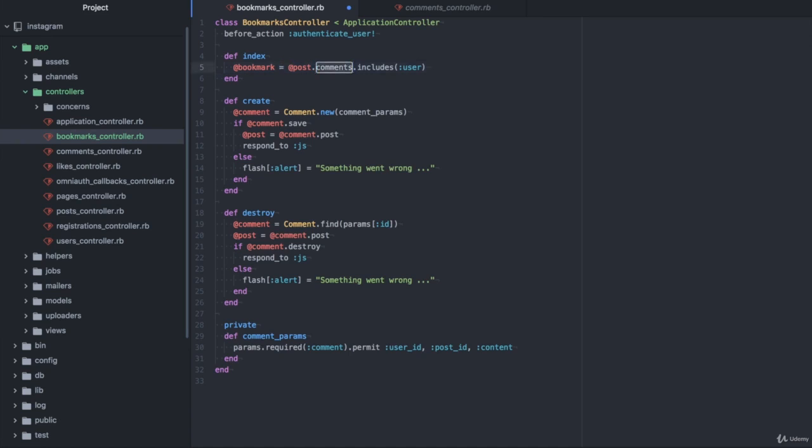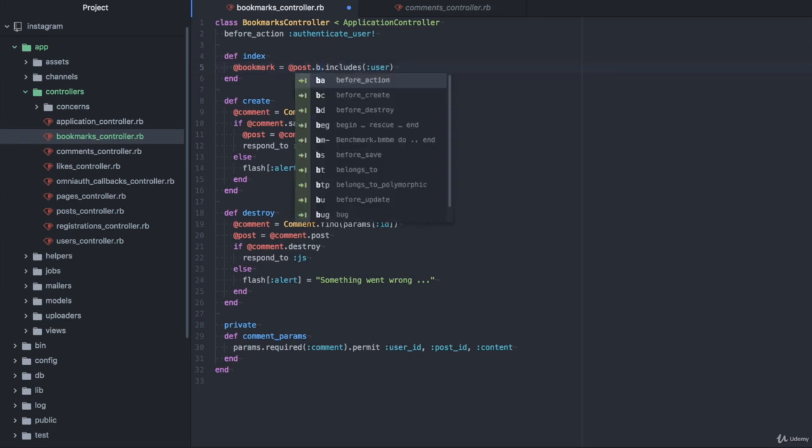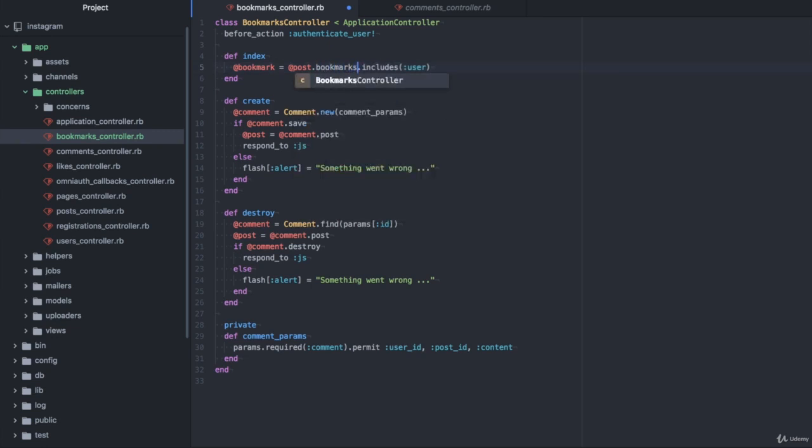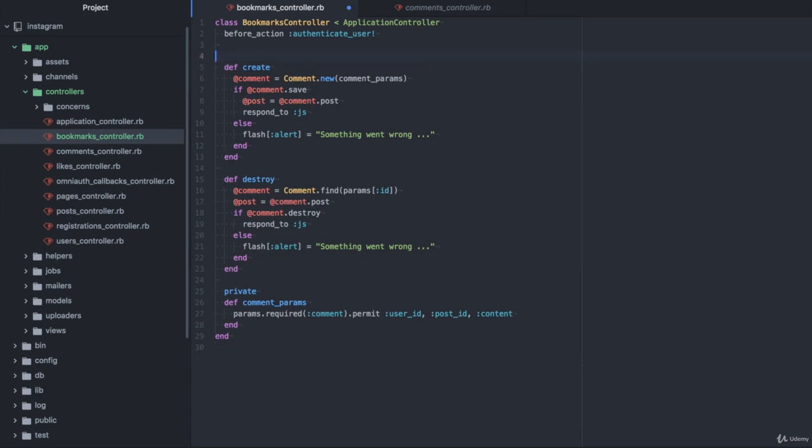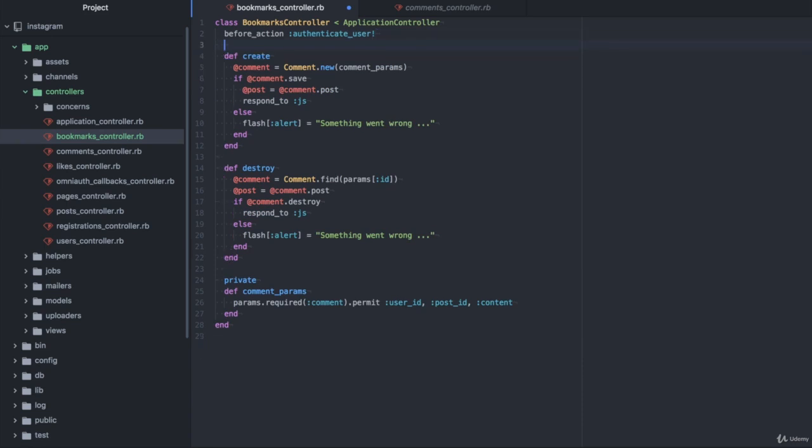Actually, bookmark include. Okay, actually we don't have index, right? And create. Okay, so remember this, highlight this and command D,